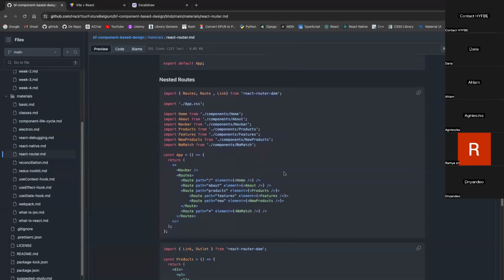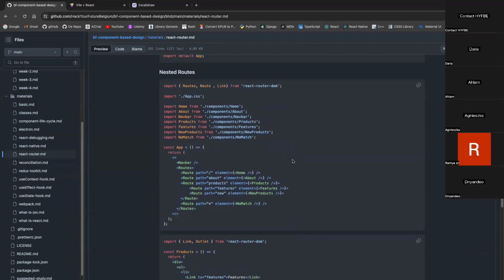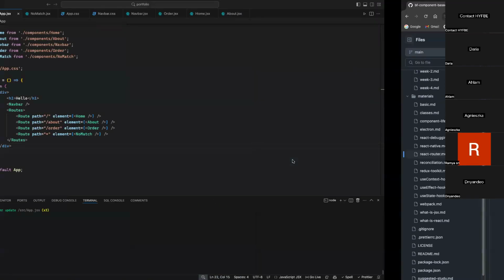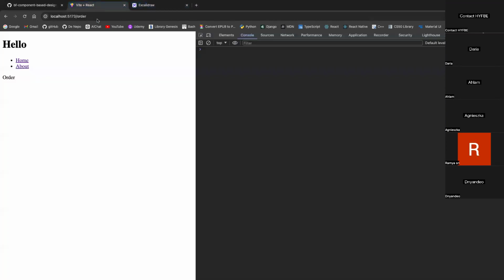Now we have something called nested route. Actually, that's quite nice as well. So what is a nested route? A nested route is not something new, by the way. So let me go to my application here, and let me go to order. Let's say I want to click on this button. As you can see, when I click on this button, it will take me to order. And now what I want in order to have,